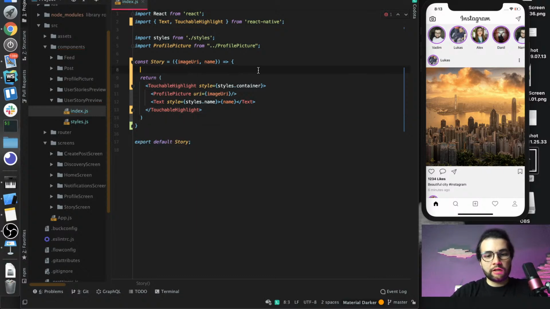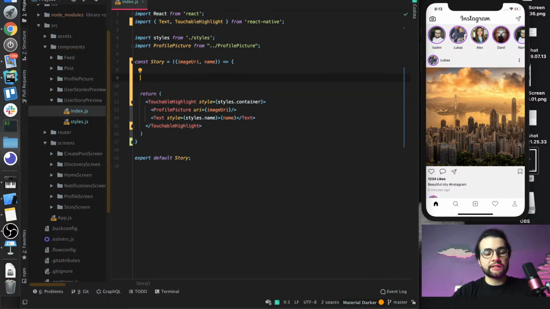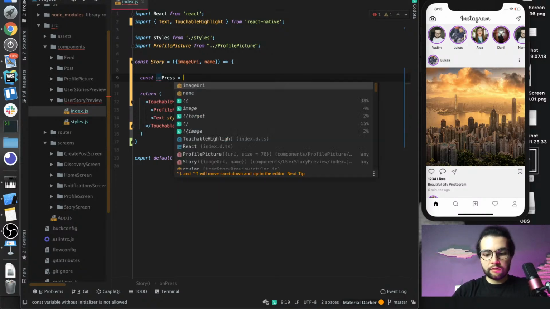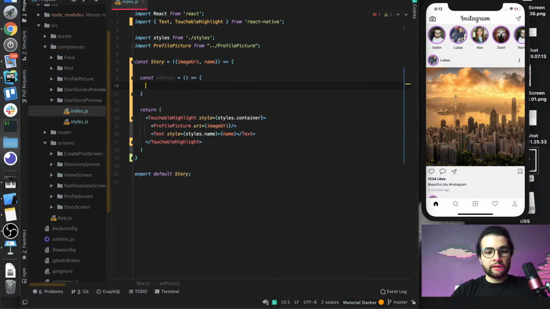That was some shorthand in ES6. So we will declare our arrow function like on press, and here let's first of all console log and see user story pressed, and we can actually even say